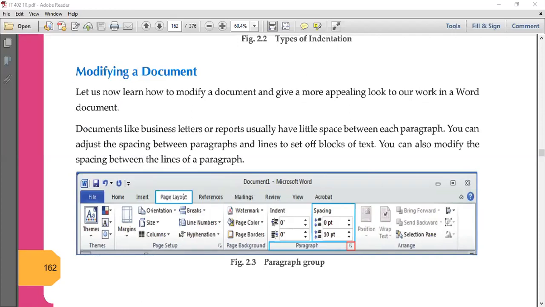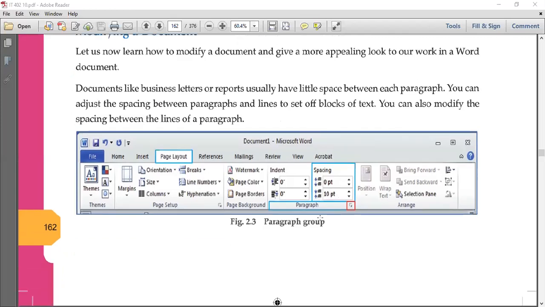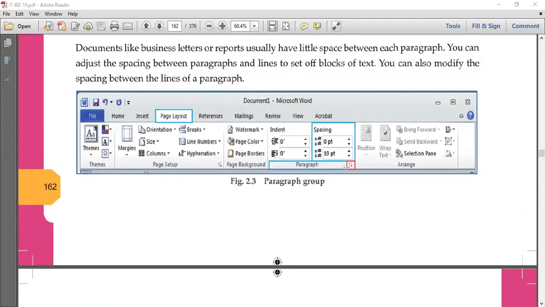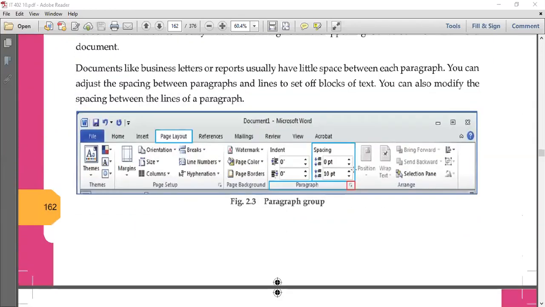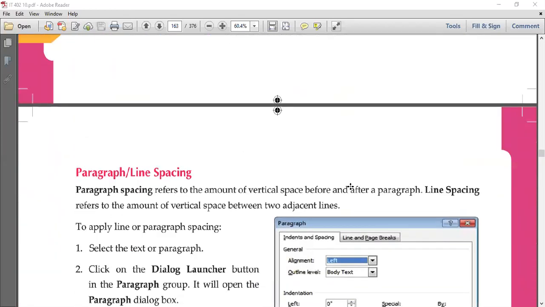Go to Page Layout tab in the top, you'll find this paragraph group over here, and you'll find spacing option. Now we have basically two spacing options, one is before and one is after. Before spacing adds a space before a given paragraph, and after will add a space after that particular paragraph. Fine. And if you see there is a small button in this place, now this is called as dialog launcher. You just click on this, you'll get that paragraph